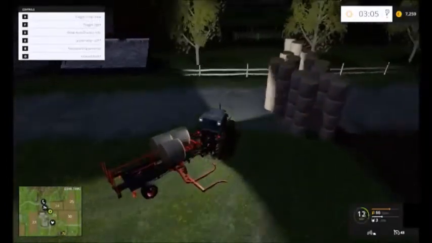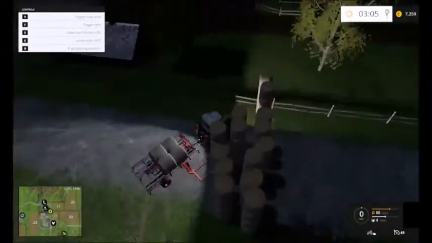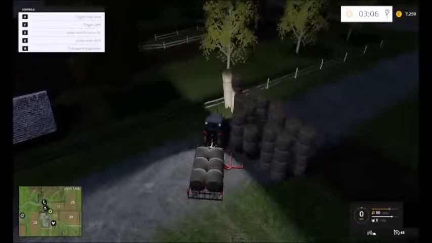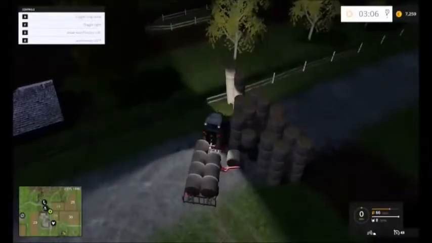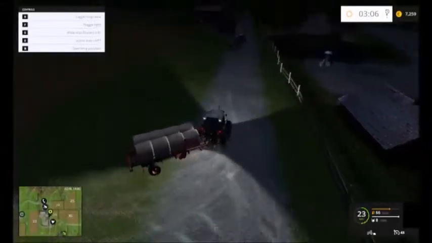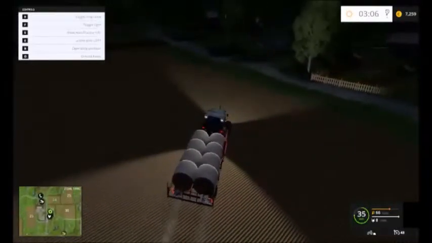Now, I would just leave them here, but if we do have a permanent place to store bales until we sell them, it isn't going to be here. It'll probably be down there if I clear out these trees with a stump remover, because up here they're in the way of my grain carts and stuff. I love the little pause between the cart being loaded and the bales actually having physics applied to them. But what I'm going to do is resume the time lapse,